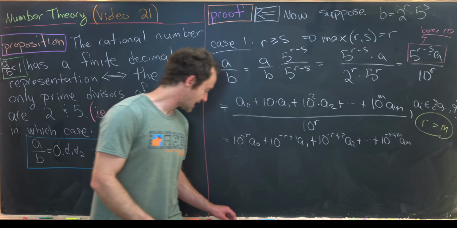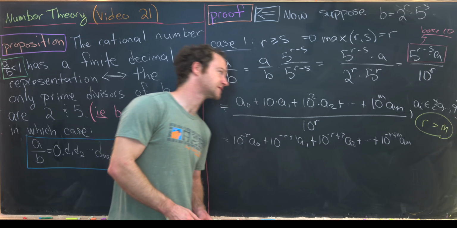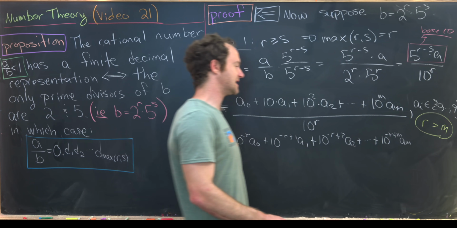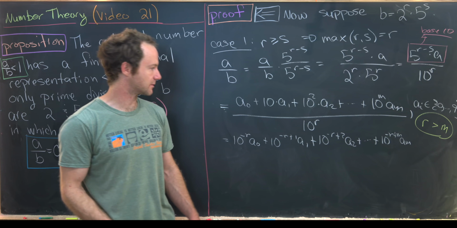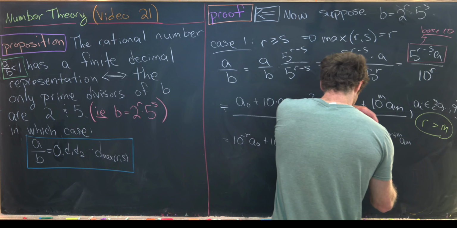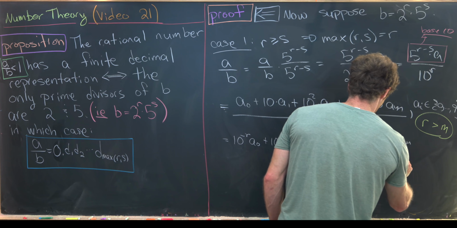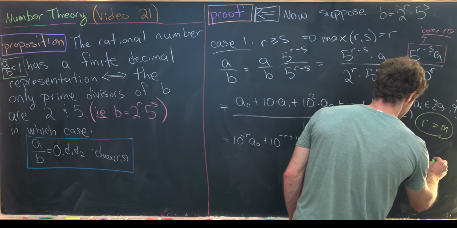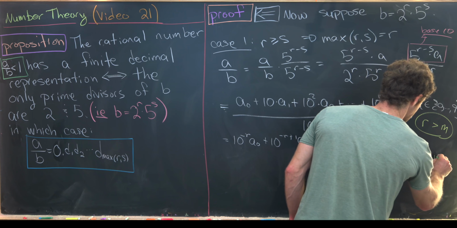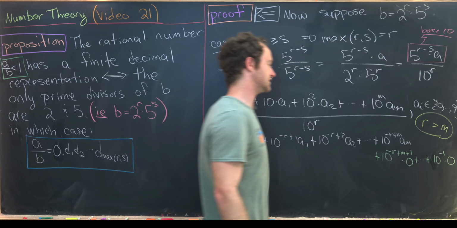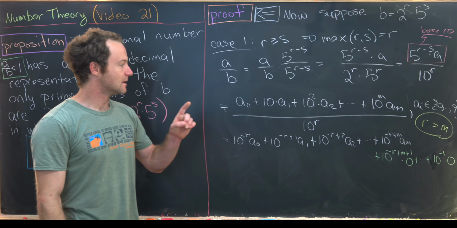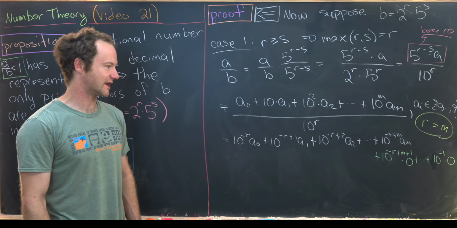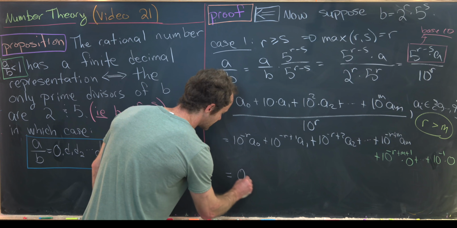Great. And then next, I'm going to add on a bunch of zeros. And how many zeros will I add on? Well, I'm going to add on until I get to the 10 to the minus 1 term. So next, I'll have 10 to the minus r plus m plus 1 times 0 plus all the way up to 10 to the minus 1 times 0. Okay, great. But now this is exactly the reverse expansion of what we would write down as a decimal. So this is equal to